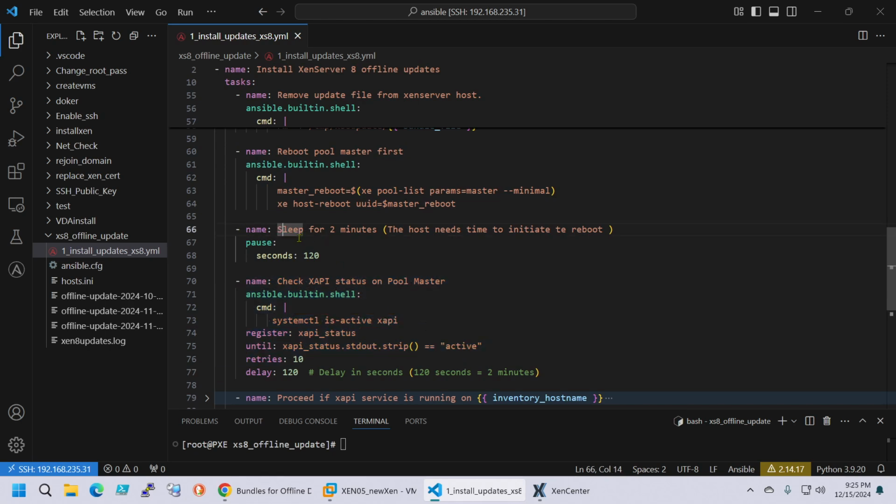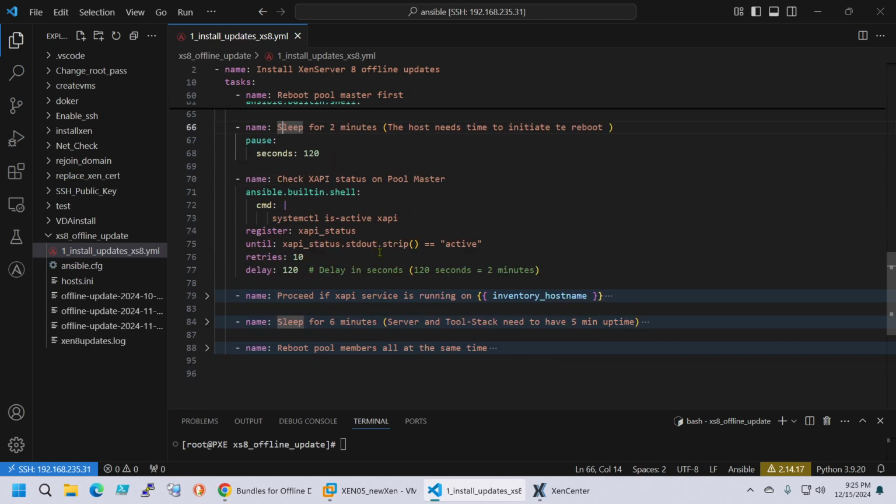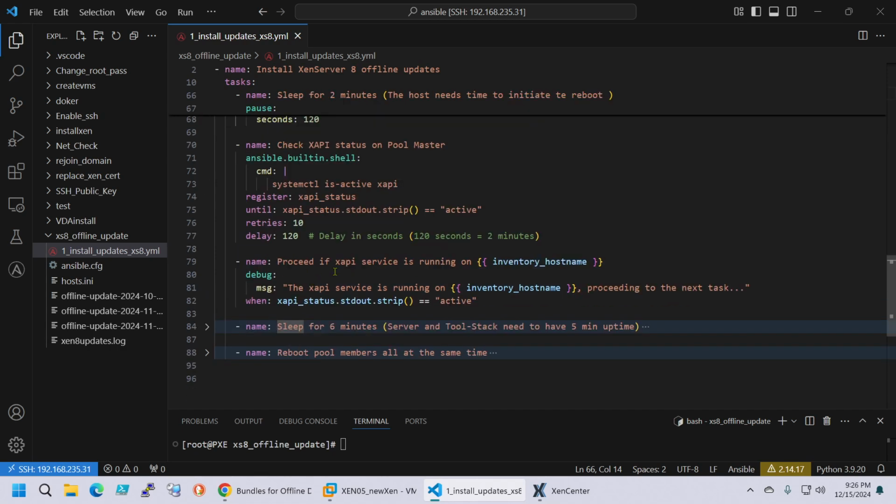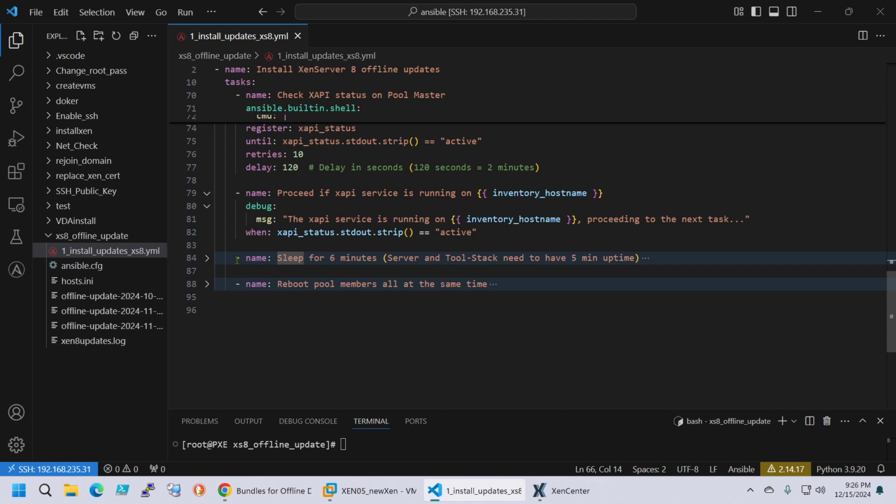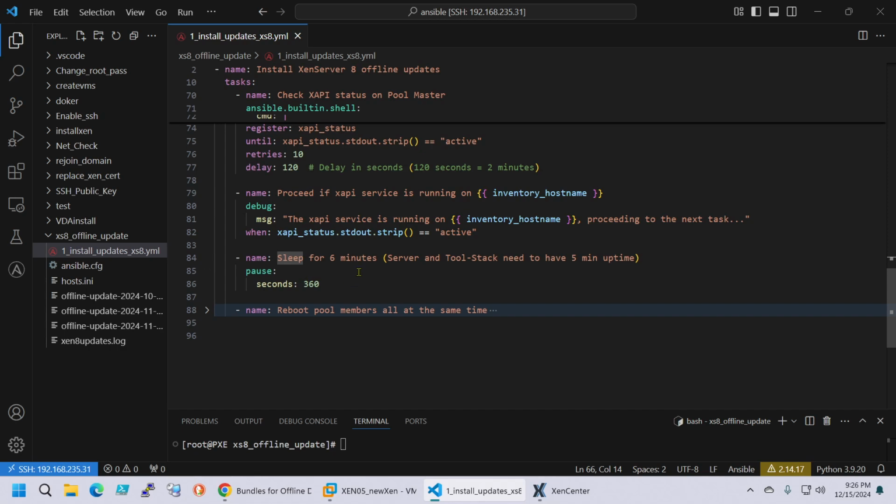So this is why I've added a break here for 2 minutes. After the 2 minutes, the server will be 100% sure to be in the reboot process, and then the next task will just wait for the XAPI service to be online and active. Only when it's active will it jump to the next task, and the next task is just to wait another 5 minutes, because from my personal experience,